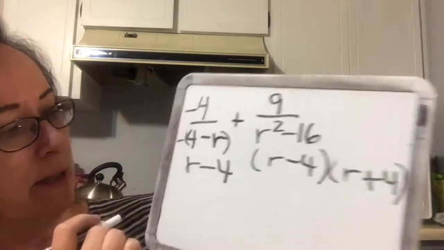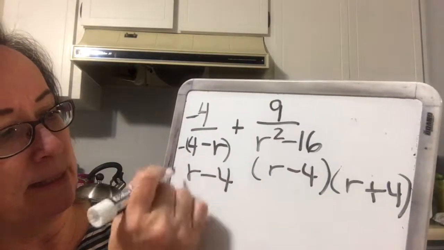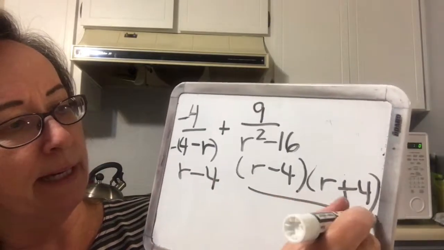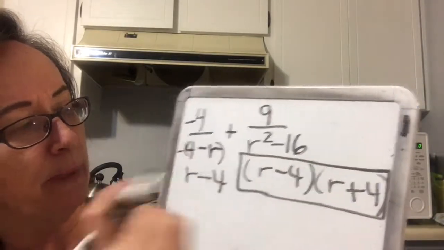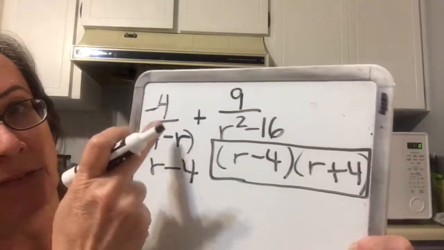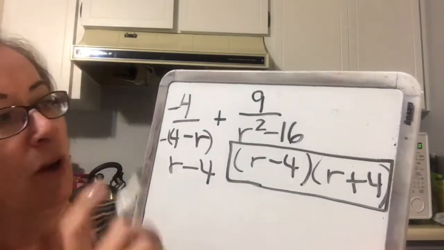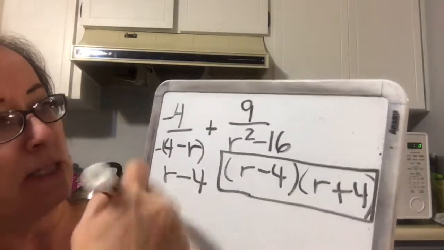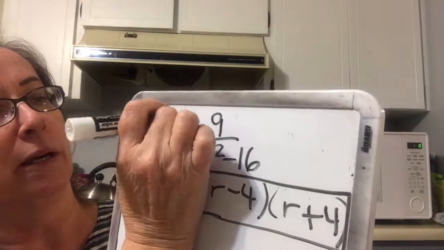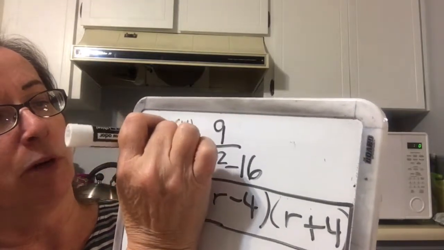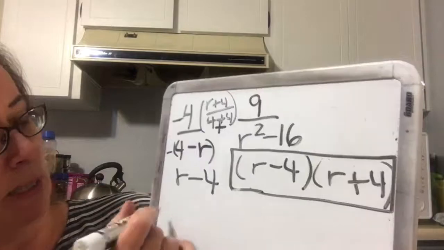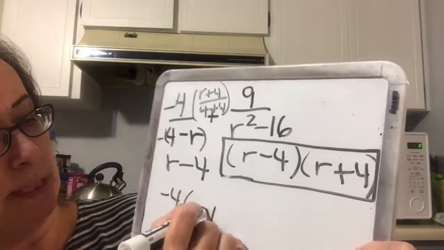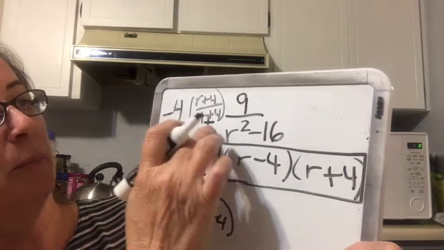When I factor, since this denominator is inside this denominator, this one right here is my LCD, which means that this first rational expression will be multiplied by what's missing, which is r plus 4 over r plus 4. So we have negative 4 times r plus 4, and then plus 9